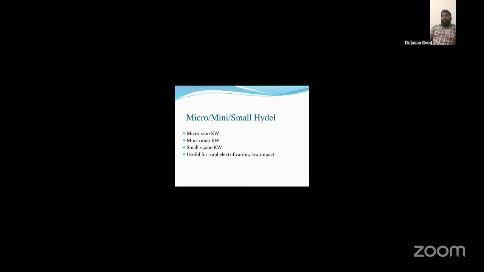Some applications are there: rural and tribal area electrification, small industries like rice mills, oil expellers, and workshops. Also agriculture pumping, community lighting, and microgrids. Importance in sustainable development: it supports decentralized energy systems, reduces dependence on fossil fuels and diesel generators, promotes local economic development, and aligns with environmental and ecological conservation goals, which is especially relevant in sustainable energy planning.